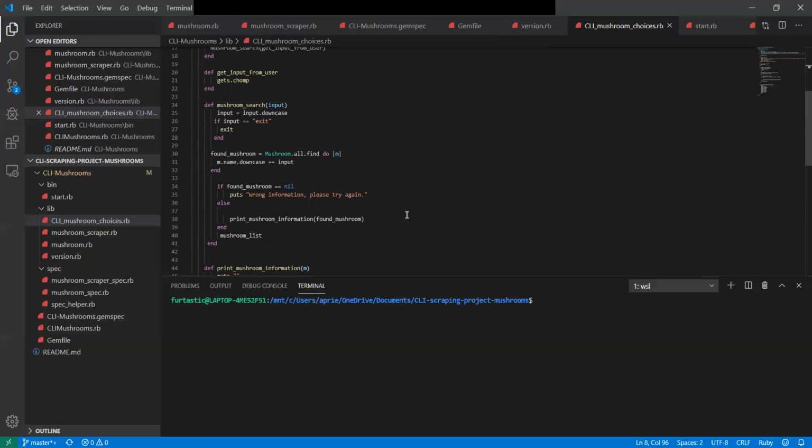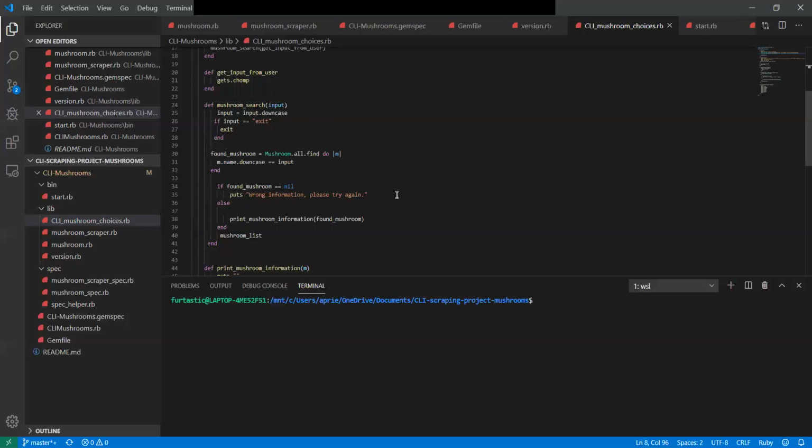Went through, tried a while loop method. Where it got narrowed down to, okay, yeah, it would put that and it would let you exit. But if you put in something that was wrong, that it couldn't scrape the information, it would bring up "wrong information, please try again," and just continuously loop, and it wouldn't stop. I honestly thought I broke my code majorly at that point. But then with help,